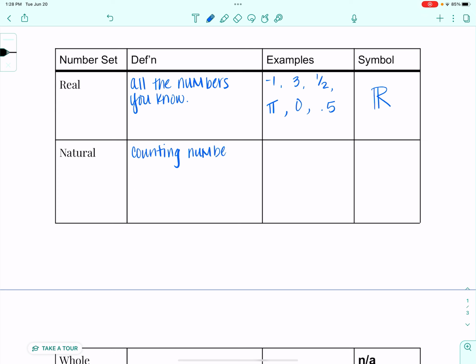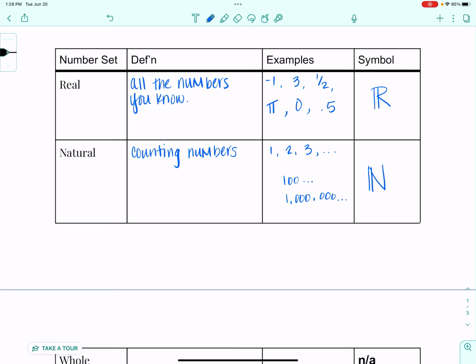These are the numbers you learned on your fingers. You learned 1, 2, 3, and you kept on going. And then you got older and you learned about 100, and then you learned about 1,000,000. You could keep going, but we really don't have time for that. When we talk about symbols,